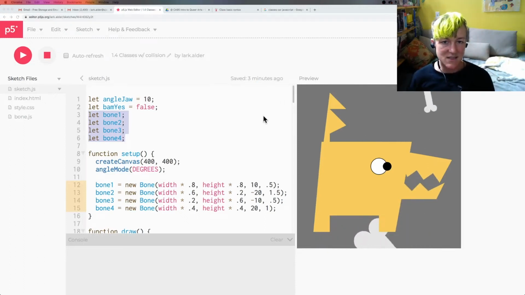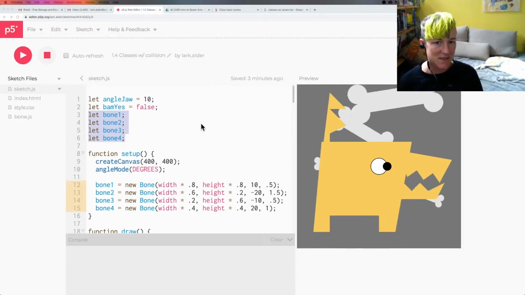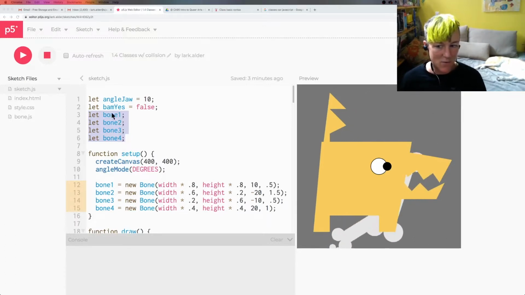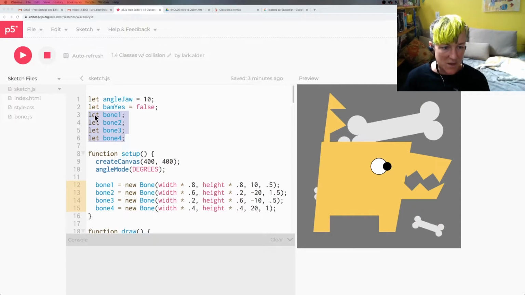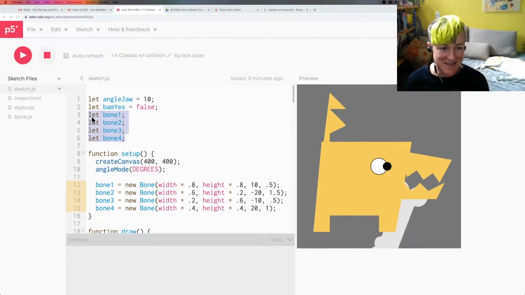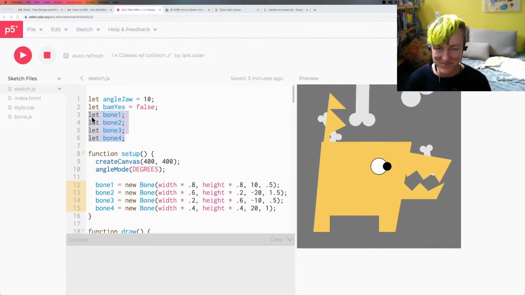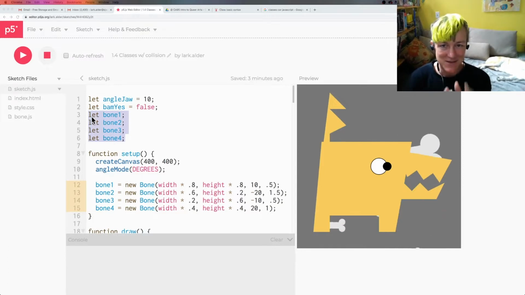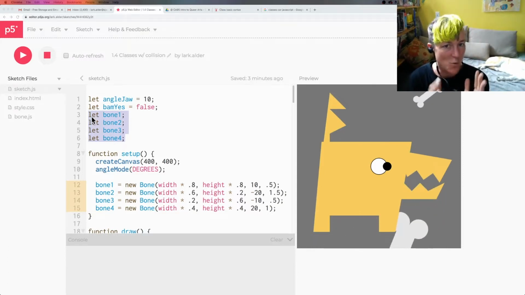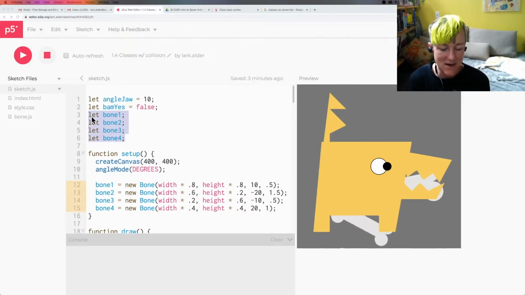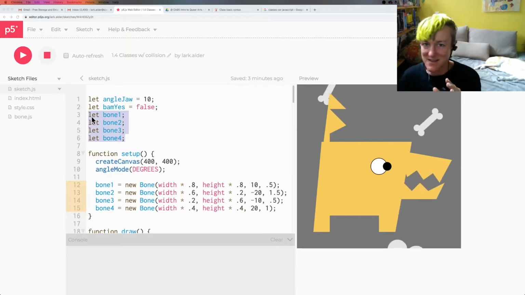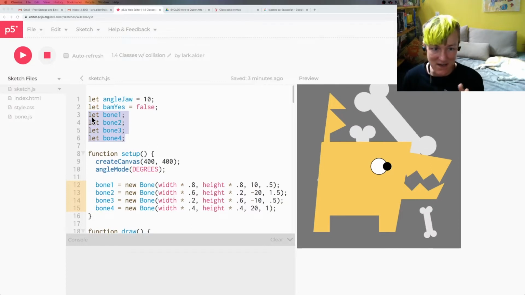Okay, introduction to arrays and loops. The idea is that if you want to create a whole bunch of one thing, in this case bones, it's easier, more succinct, and better if these different things are stored within one single variable that's called an array. An array allows you to list a bunch of different values or objects